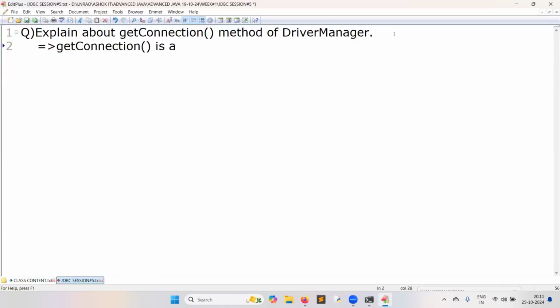getConnection is a JDBC API method. API method means library method. First, remember, it is a library method.